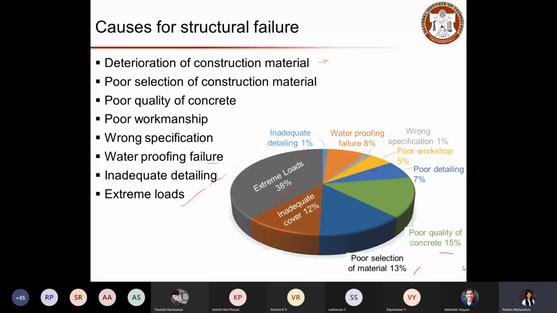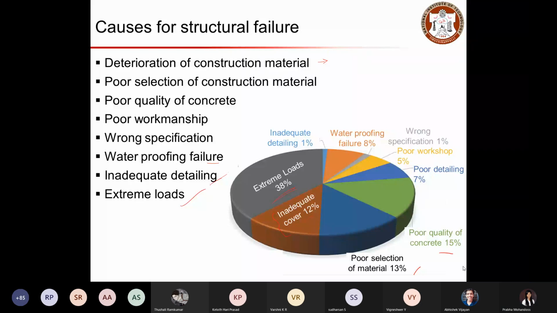If the cover concrete is not adequate, or if you have provided very little cover concrete, then you will not meet your purpose, right? So the code has specified different cover depths based on the environmental condition in which your construction is going to be. If it is a mild environment, or a severe condition, you can increase the cover depth. Typically it ranges about 30 to 50 depending on the exposure condition.